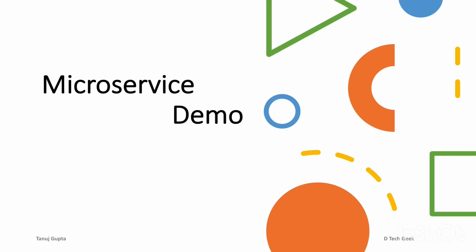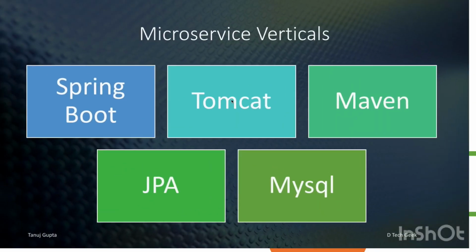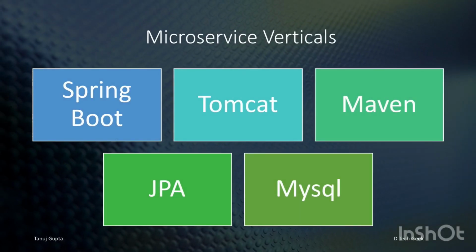This is Tanish Gupta. In this video, I am going to walk you through a live demo of creating a new microservice, as promised in my previous video, wherein I had just talked about monolithic and microservice based architecture by taking an example of the Amazon app. Here I have created this microservice with the help of the account component.